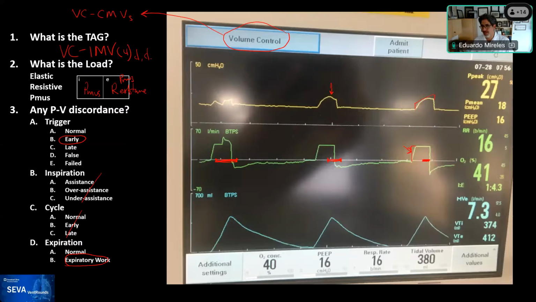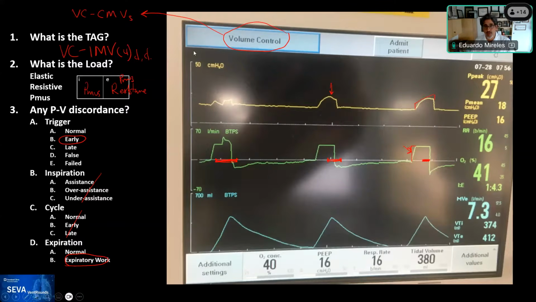And I think that the framework that we like to use is to ask yourself, what is your goal? Is your goal safety or comfort? If your goal is safety and this patient is coming out of sedation, you may be okay and you may want to tolerate this. That may be doable. You may consider, well, maybe I want to decrease the rate on this patient so that this gets better. But if your goal is comfort, then you may want to consider using other modes that may allow you to have a better patient interaction